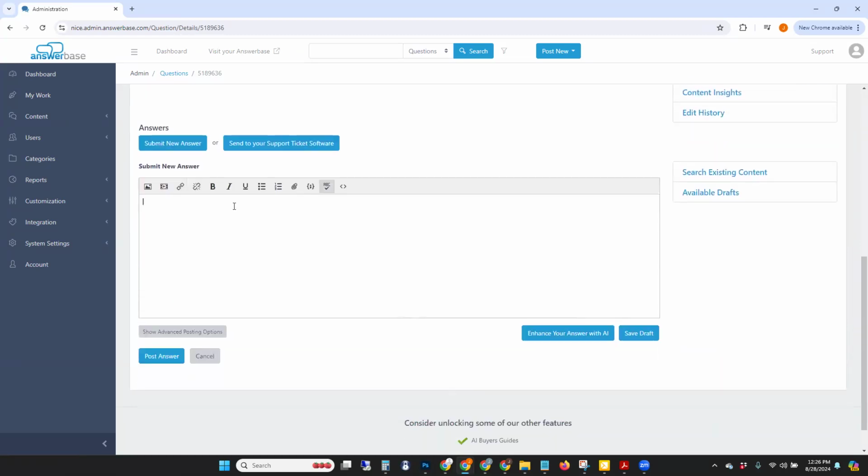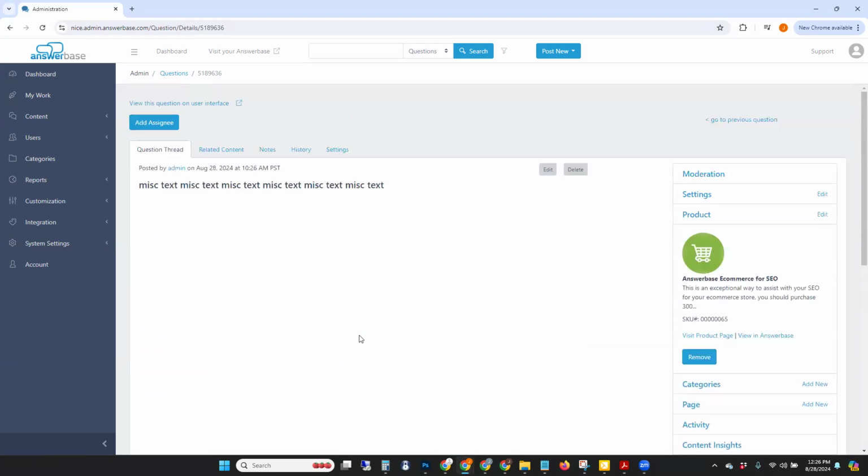So once you make that product association and save the question, then that question would be available on the product page. You'll of course want to answer that question and post the answer so that the question has an answer. And as long as your Q&A widget is set up appropriately, you will see that show up on